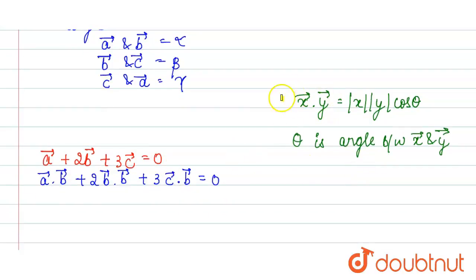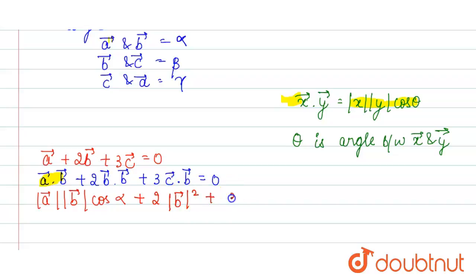Now by using this formula, in place of a vector dot b vector, we can write mod of a vector mod of b vector into cos theta. So write it here: mod of a vector into mod of b vector into cos alpha plus 2 into mod of b square plus 3 into mod of c vector mod of b vector into cos beta is